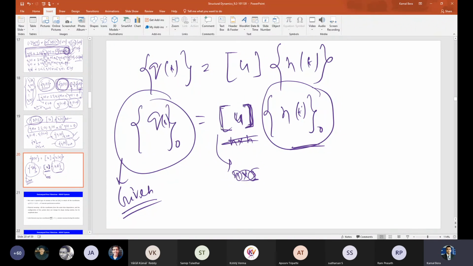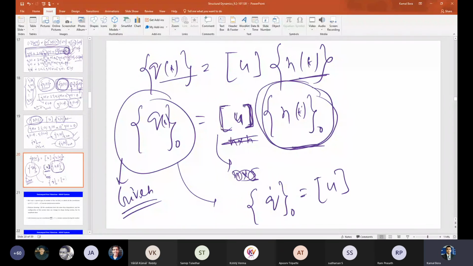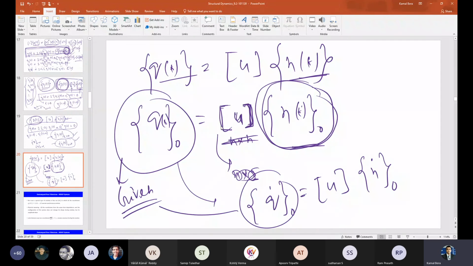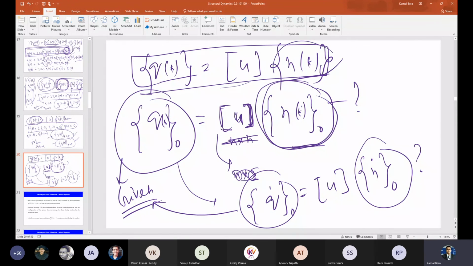Any idea? Anyway, you have to find out eta 0, eta at time t equal to 0. Otherwise, how will you solve that individual equation? Because you have to solve the individual equations to get eta 1, eta 2, eta 3, basically the eta t vector. Then you put it here to get the physical quantity. So the similar expression for velocity I can write, that is q dot at 0 equals u into eta dot at 0. So this is given. You have to find out this, and this. Once you get this, then you can solve the individual equation and find out the response. Then put it here. This is known to you. You will get the response in the physical quantity. Okay.